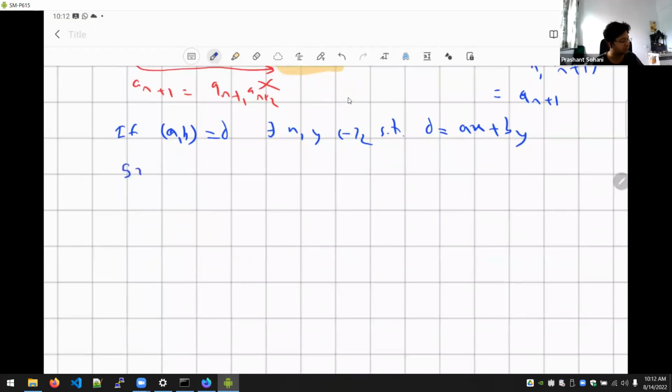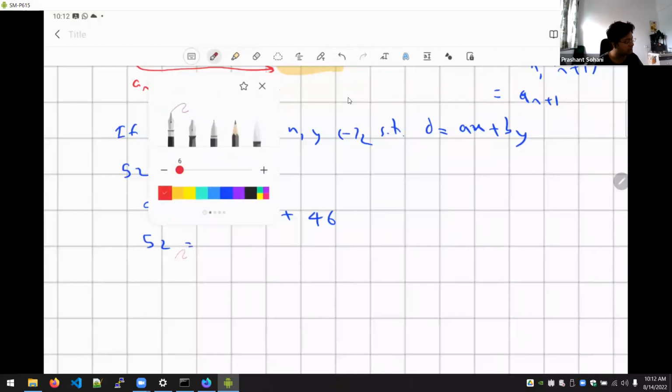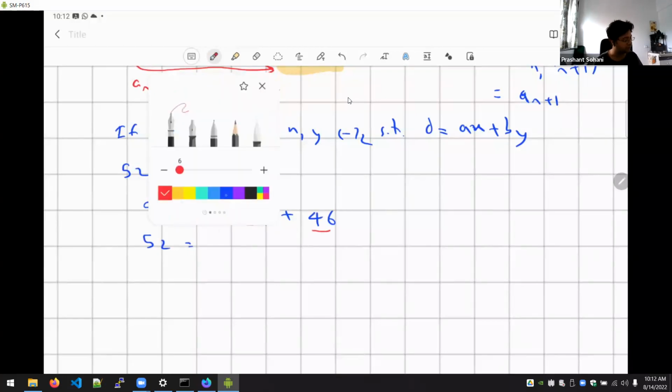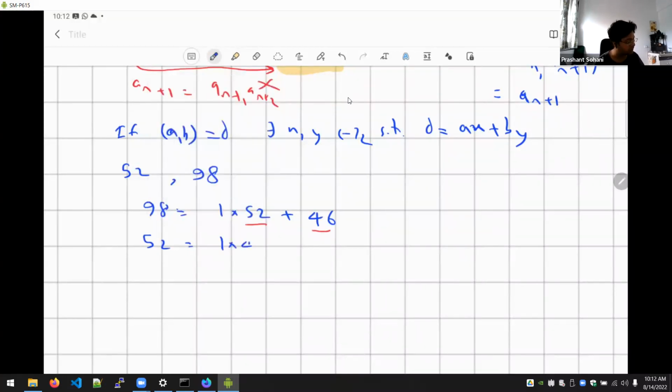So let's take some numbers like 52 and, I don't know, 98. First, we want to find the GCD using Euclid's algorithm. So 98 is 1 times 52 plus what remainder? 46. So now 52 and 46 are my new candidates. Now I have to divide 52 by 46. So 52 is 1 times 46